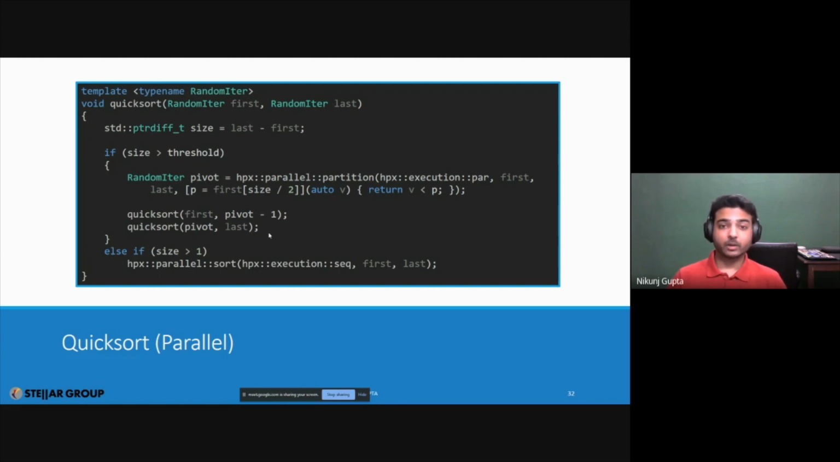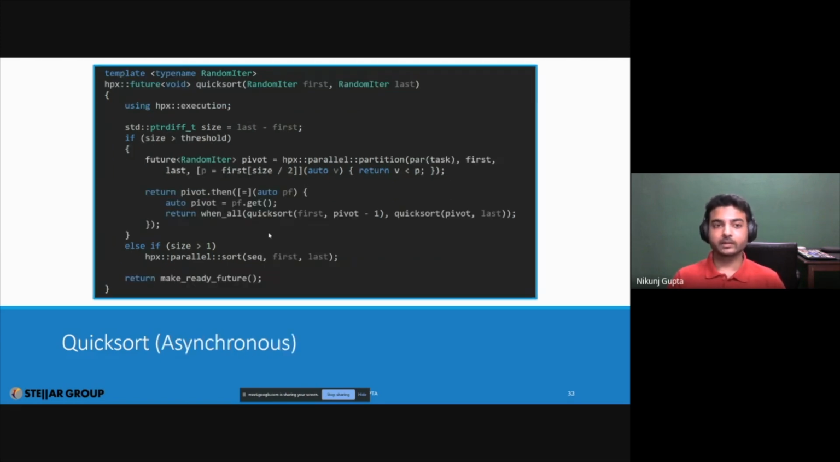So it can be optimized even further, and the way we do it is through asynchrony. And what we need to do now, essentially, is make this partition a task. So when we make it a task, we get a future out of it. We get a future of random iterator. Now, again, we do not know the value of that future currently. So what we do is we attach a continuation to that future. And within the continuation, we get that pivot point, and simply we call the quicksort algorithm based on that pivot,